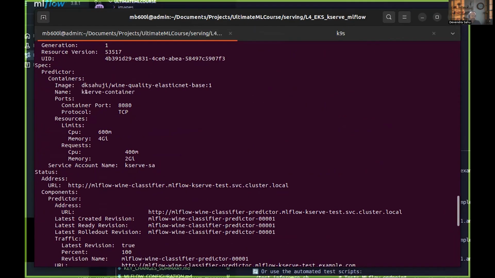The specifications. See, this is the Docker image which has been used. And just by changing this Docker image in a YAML file, I could redeploy easily and it just updates. I'm using this